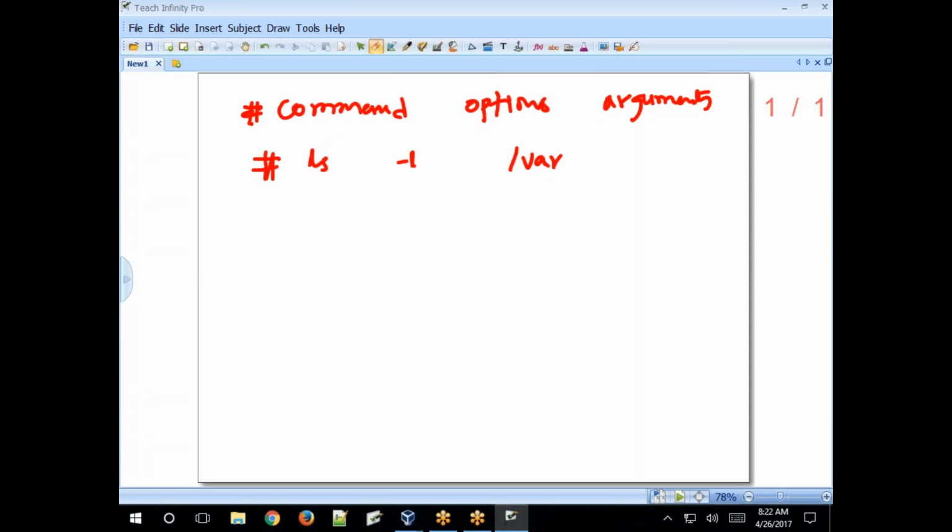If you have not passed any argument to your ls -l, then it takes the current working directory as input, where you are in the Linux system. Clear?